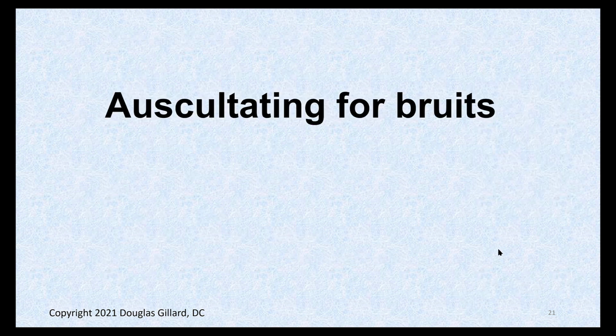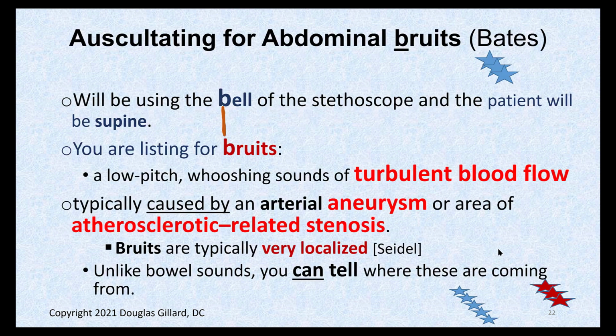All right. Step 2 is auscultating for bruits. Now bruit is bell, B and B. Remember that. So flip your end piece around and get to the bell of the stethoscope. Again, a bruit is turbulent blood flow. It's a whoosh, whoosh, whoosh, whoosh, usually heard in synchrony with systole. And it indicates turbulent blood flow, probably from an upstream